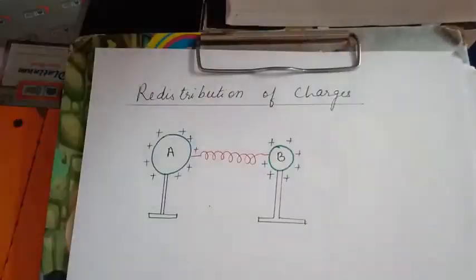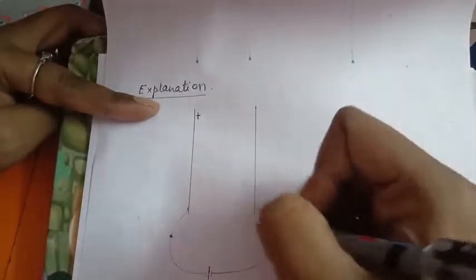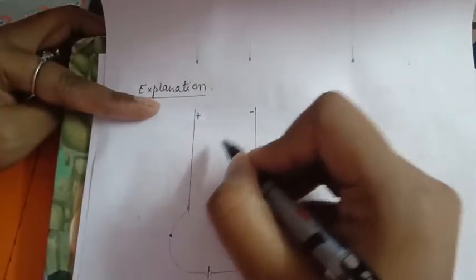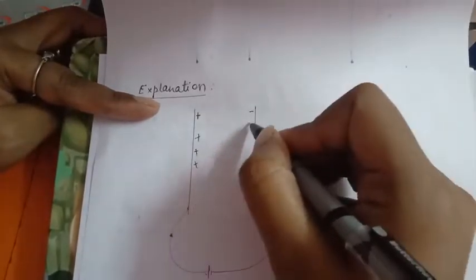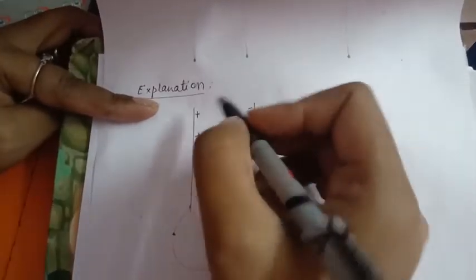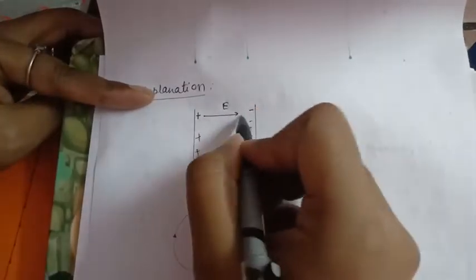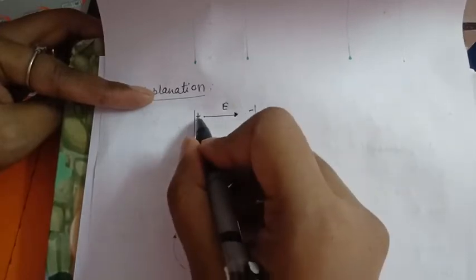Initially, let us see the explanation part. Suppose initially this is the capacitor plate, and I have applied a battery or a cell to charge the capacitor. What will happen? It will acquire some positive charge on this side, and similarly there will be some negative charge here. As it starts to charge, the charges are increasing. So the electric field is also increasing, because the electric field is from positive to negative.